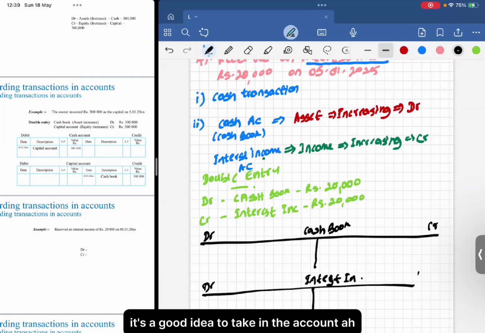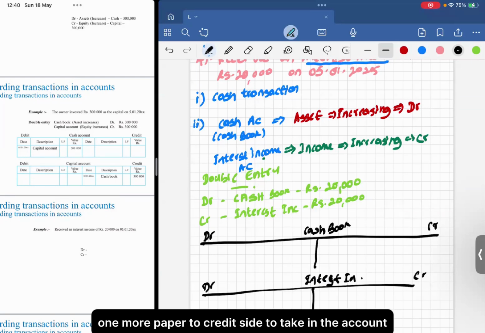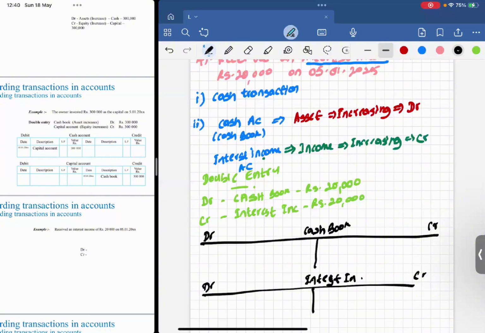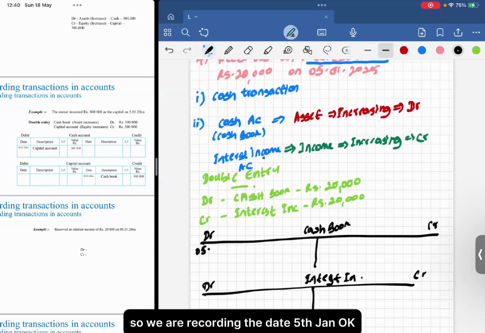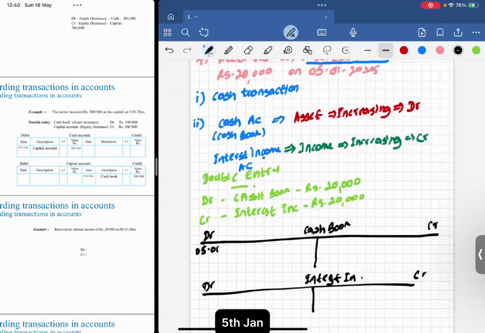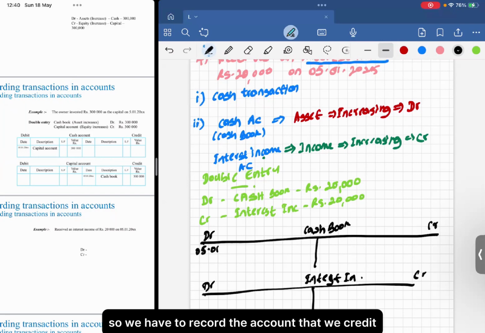The debit side is on the left hand side, the credit side is on the right hand side. We are debiting the cash book, so we record the date, 5th Jan. Then we record the account that we credit, that is interest income account, and by